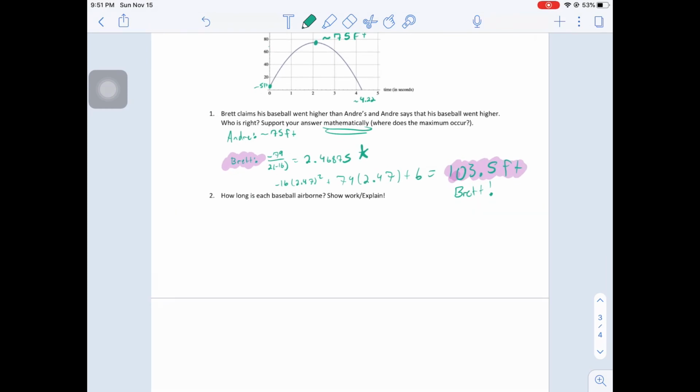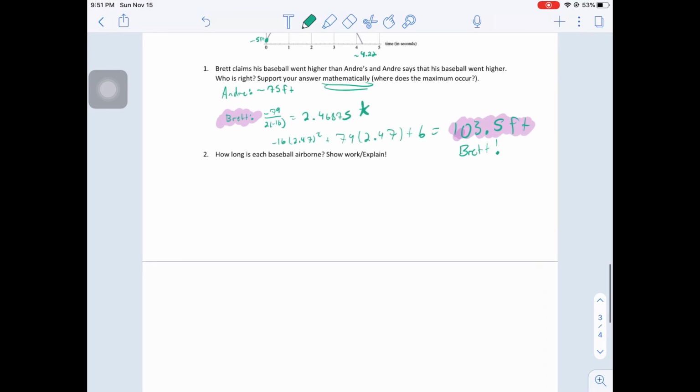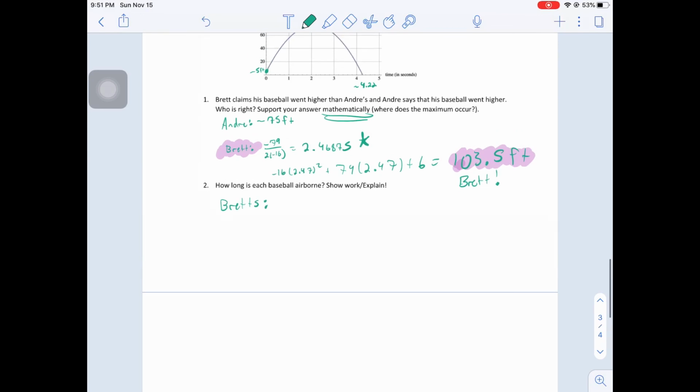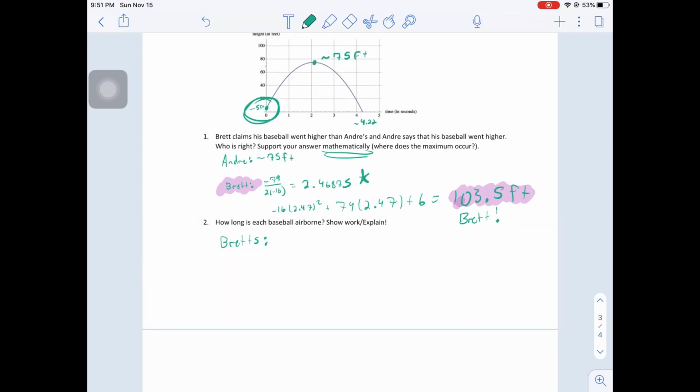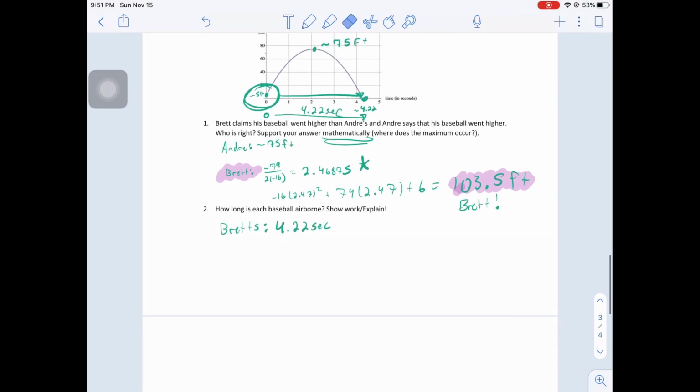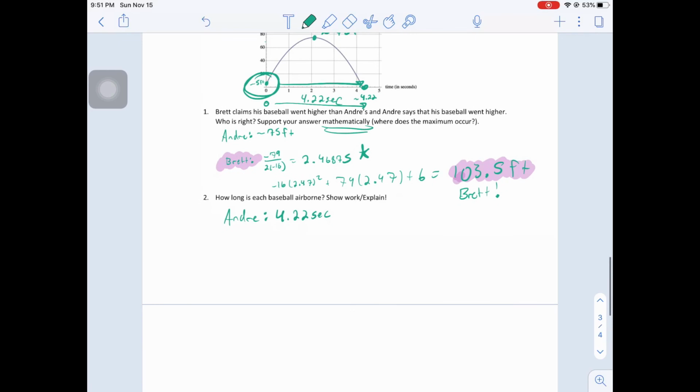Okay. How long is each baseball airborne? Show work or explain. This one doesn't say we need to show graphically or mathematically, but we do know Andre's. The length that it was in the air would have been from the point that it left his hand, this 5 feet, all the way to where it hits the ground, so 4.22. Well, 5 feet is at 0 seconds, 4.22, so that means it has an elapsed time of approximately 4.22 seconds. We don't know exactly. Whoops, that's Andre. Sorry. I keep messing up here, guys. That's Andre. And then Brett